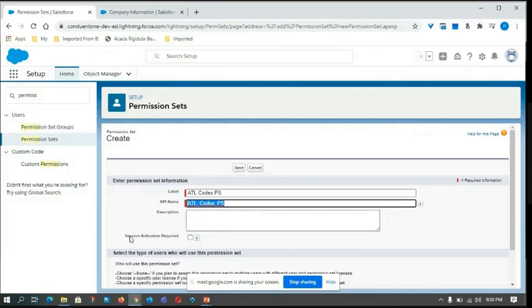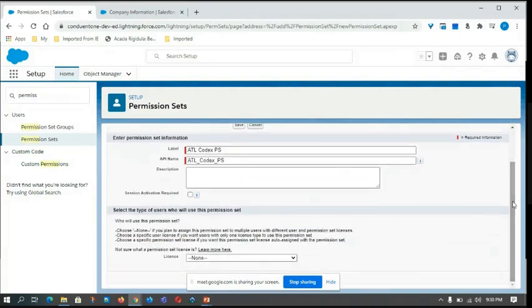Now, if you see this part, this is session based activation required. So only when a particular session is there, and the user should do some action, then we will enable that. So when we want high security specific to a particular functionality, we will be using it. And we have a license feature also for permission set, so where to use and where not to use.